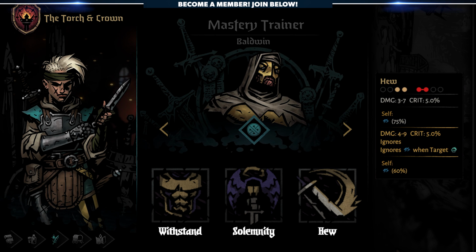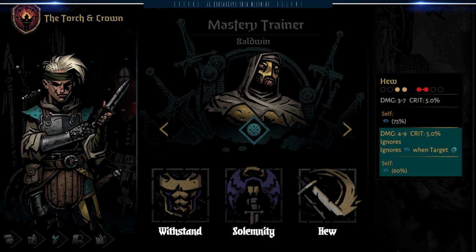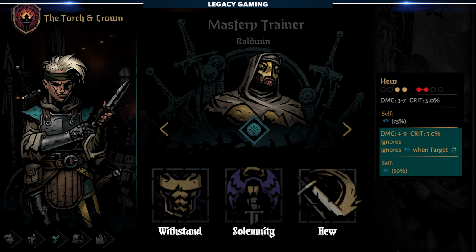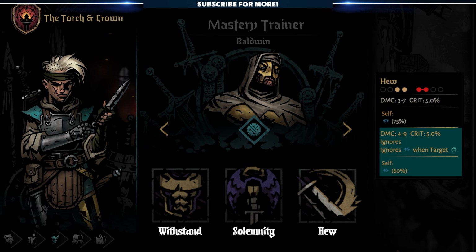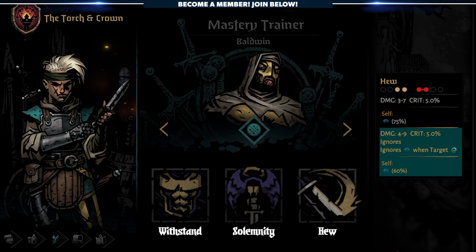The final ability I like to prioritize upgrading is Hew, and this is really where things start to come together. When upgraded, Hew deals 4 to 9 damage, has a 5% chance to crit, and only has a 60% chance to self-inflict blind. The real magic though is that when a target has a combo token, your blind status is irrelevant, and you'll hit them regardless. This can be incredibly powerful, especially when you have a team that's capable of applying combo liberally. This upgrade allows you to deal more damage more often because you don't have to rely on Reflection to clear